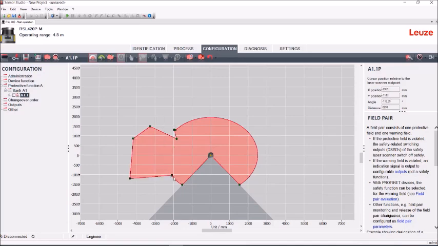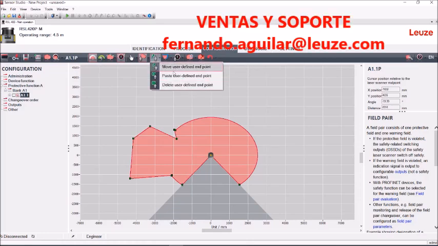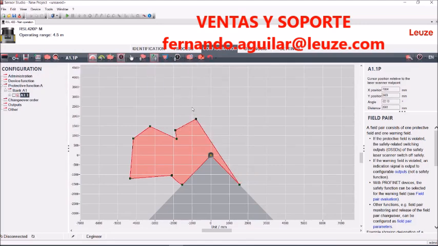It's easy to manipulate. As you notice, all of these points are created wherever I cut into the field using the polygon. I can actually manipulate and move those and delete those as I desire with this tool right here. I can paste new points in. I can move them. So if I want something to be pretty specific, I can move it over to a